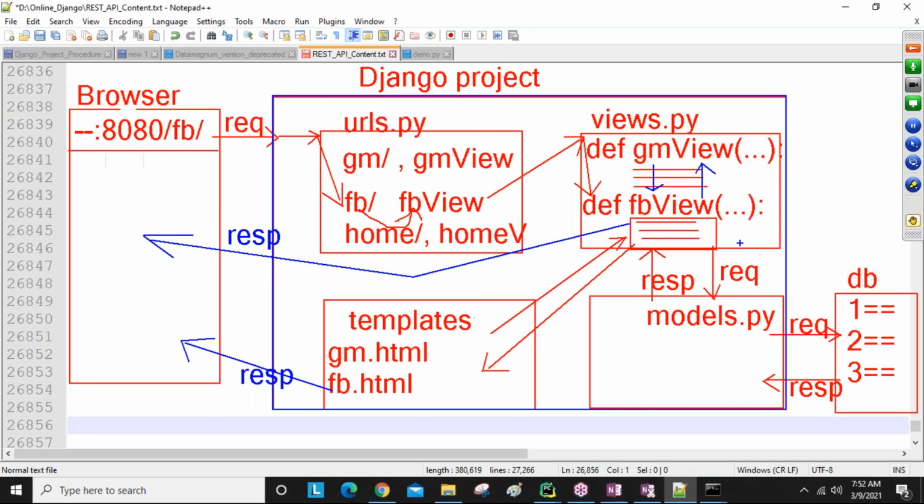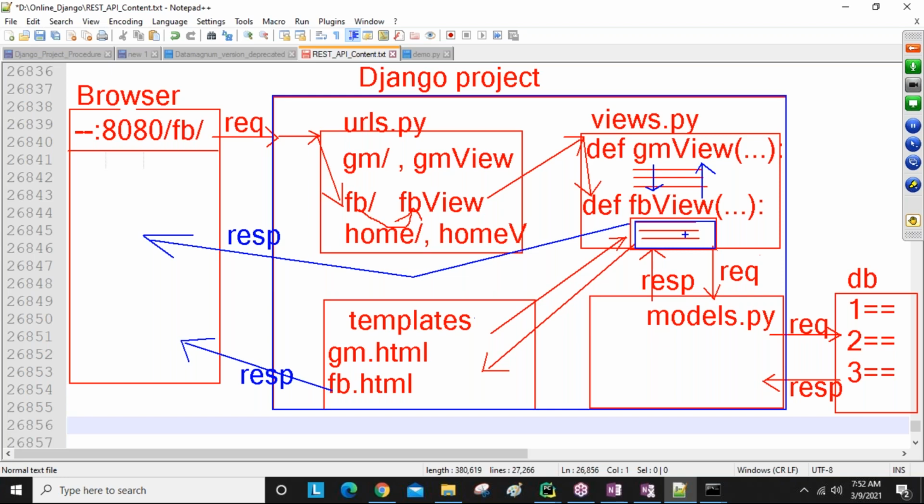Our cursor goes inside the view and executes all these logics. Clear guys? Our view does all the business logic. I told you, inside views we write business logic. What business do you want to do here? I want to get all data from the database, I want to delete data, whatever requirement you have.